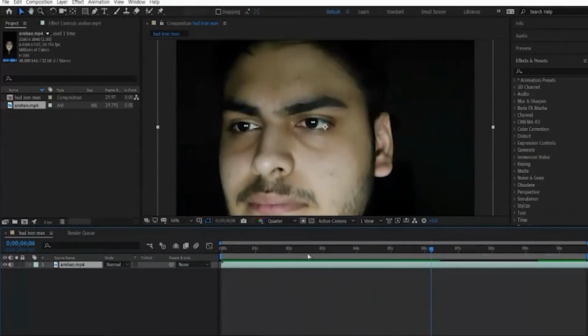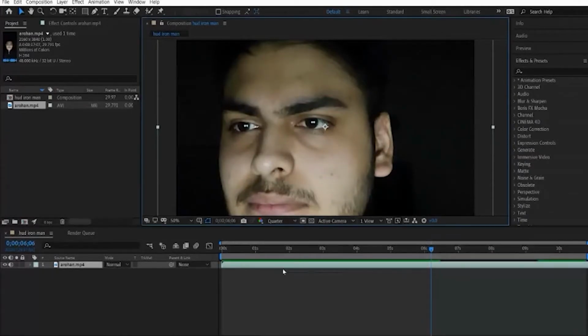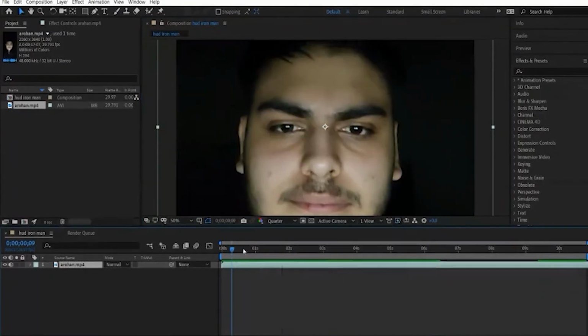Cool, right? There are also some more settings that you need to make sure of so that your work is very smooth. Because After Effects requires a lot of graphics, it's better if you change the sample quality to quarter. Right now you can see this drop down menu. For you it must be in full or half quality. It's better to put it in quarter quality if your laptop isn't good, so that you can work faster. Put it into quarter, and now when I play, it is running very smoothly.